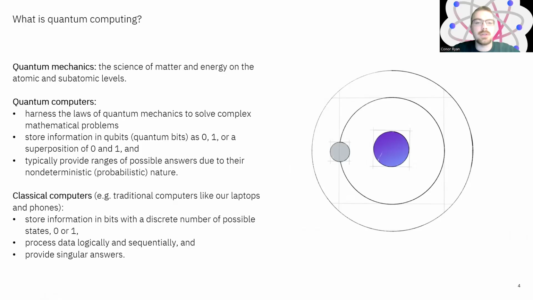So for a classical computer, like the laptop or phone or desktop you would be watching this lecture on, they operate based on bits, where they are only 0, 1, and nothing else. Exactly that. And what you do is you perform a set series of operations on these bits to transform a collection of them to some desired outcome that should be deterministic and a singular answer in form. This is also done sequentially, ordering the operations A, B, C, if we ignore extra complexities such as parallel computing and things like that.